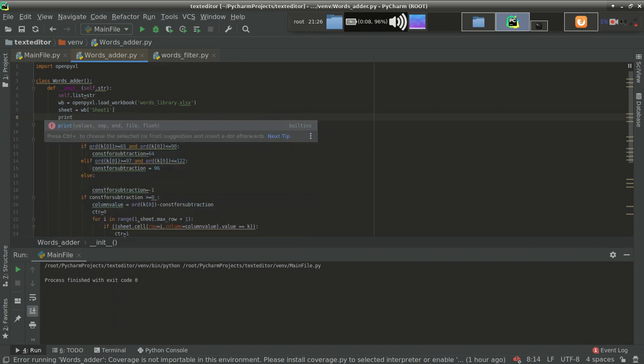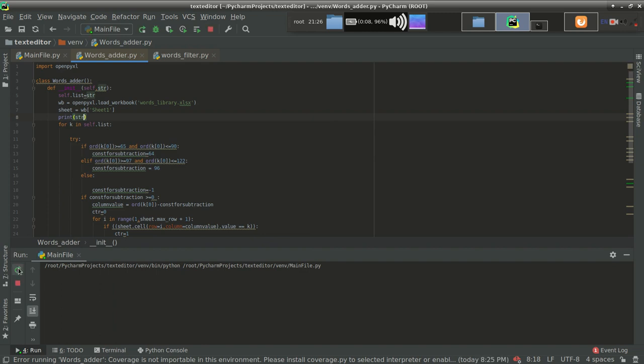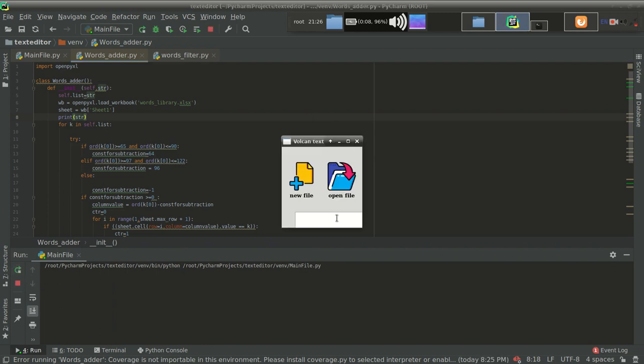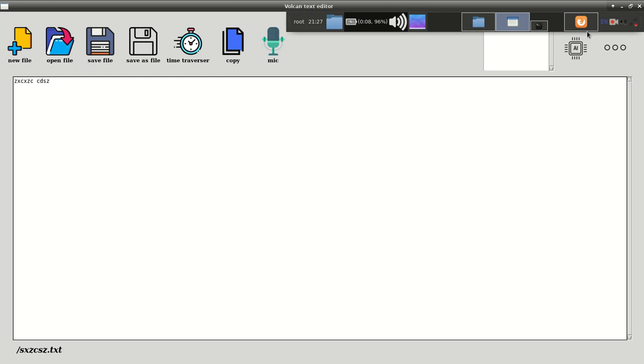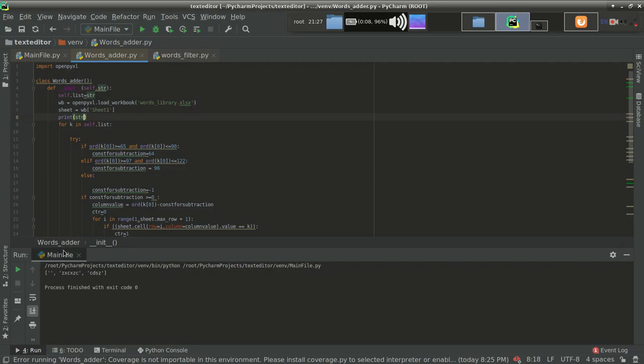Print str so that it can answer our question a little. So this is it, and then save file. Now you can see that these words are fine and we typed these words, but here we are getting a null string, and while traversing we are traversing through this string also. So this string is causing a bug, so we have to remove this string.